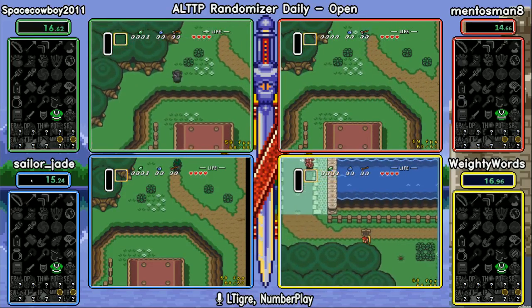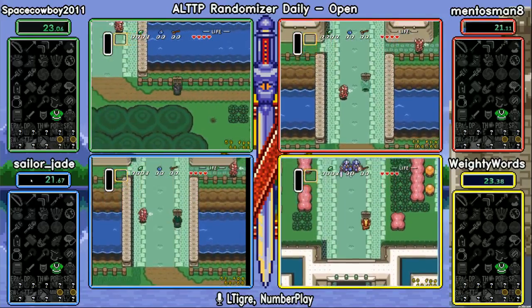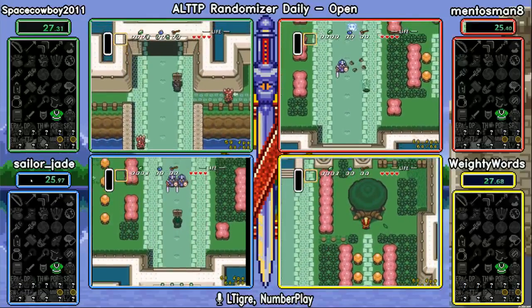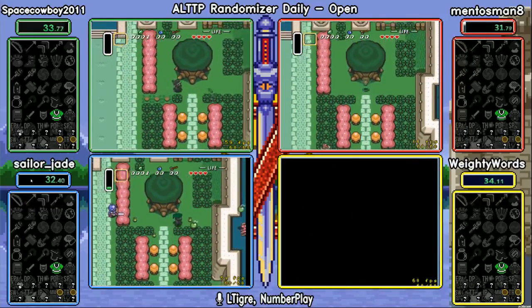Oh, quick map check. Kind of missed what was there already, but maybe we'll get another one from one of the other runners. Yeah, there was a pendant on Eastern. Pendant Eastern, that's always fun. I believe the other two were crystals. Looks like everyone chose to...